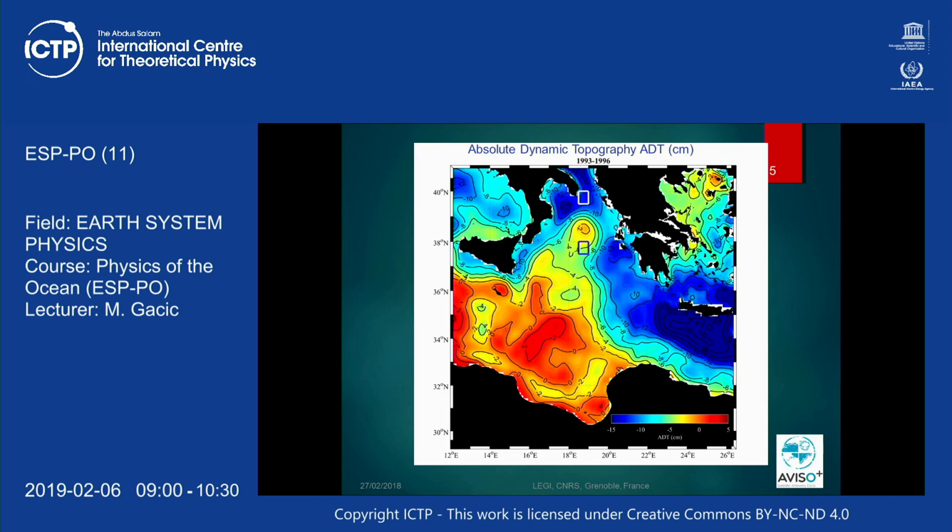That means that in this kind of situation, where there is an inflow of lower density water, you are creating at the bottom the pressure gradient which creates the geostrophic flow